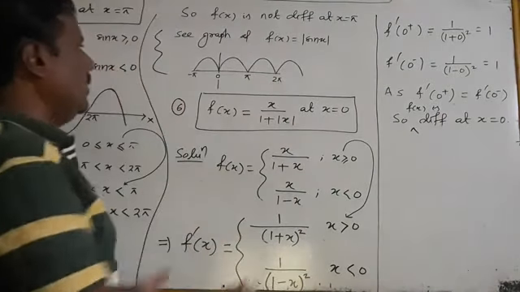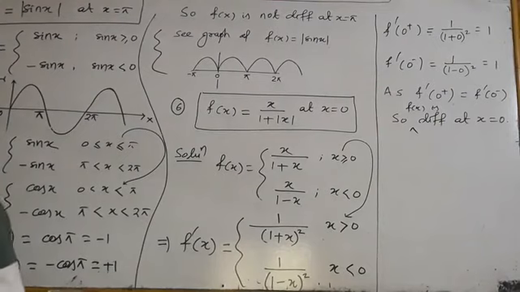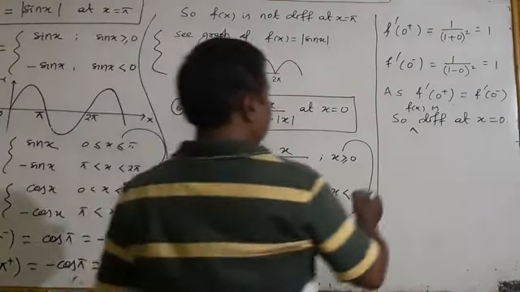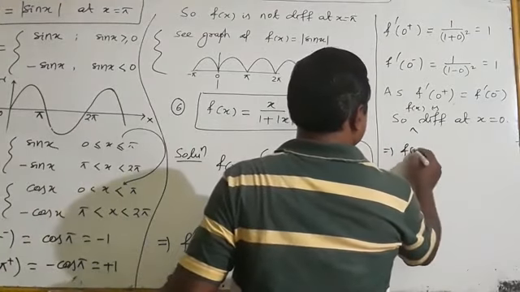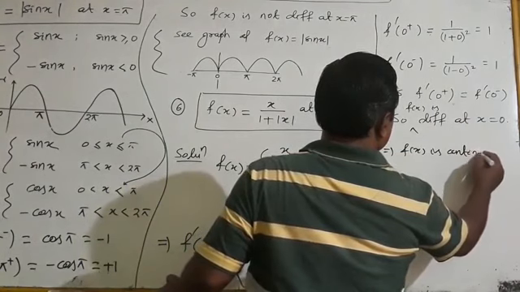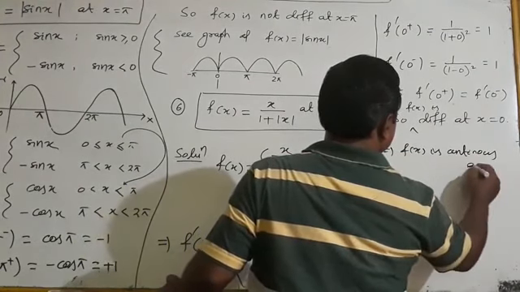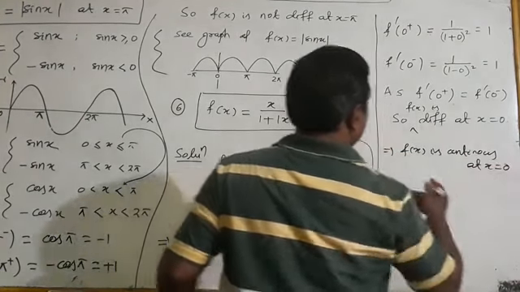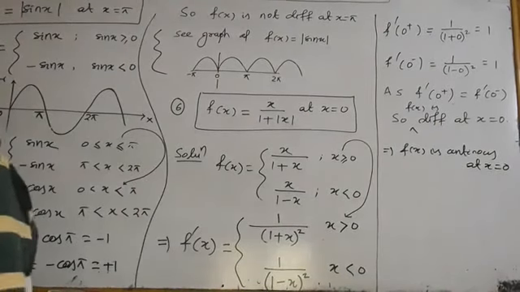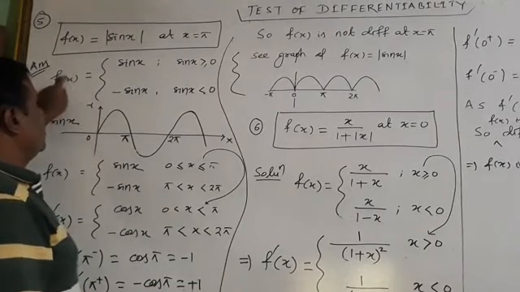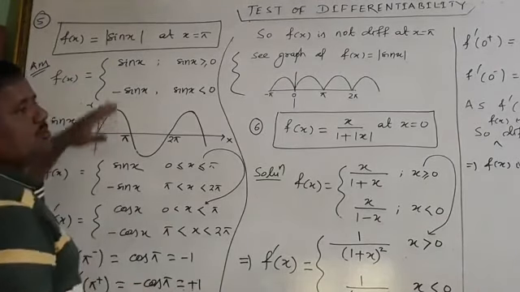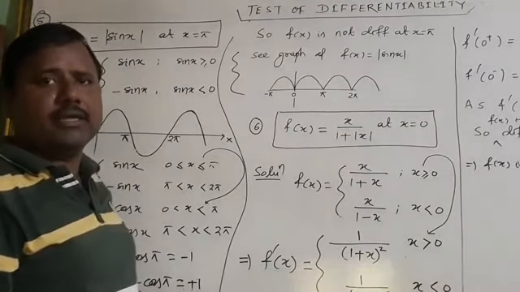Suppose a question comes about the continuity. First you show the differentiability. This implies f(x) is continuous at x is equal to 0, because every differentiable function is continuous. But if in the exam this question will arise about the continuity, you have to check it, and you can do it by yourself,